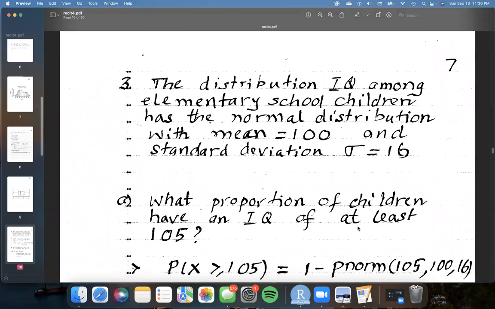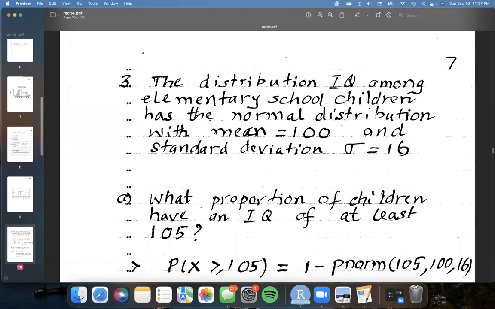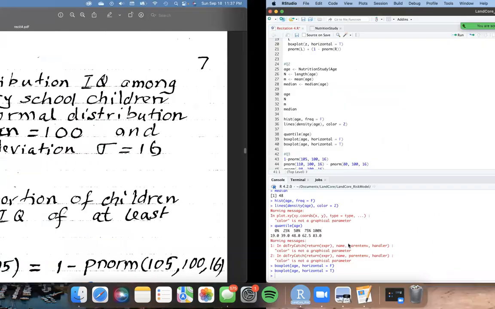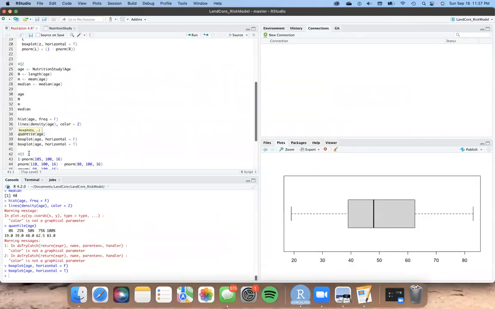So notice that it says at least. So that's our key word. If it's at least 105, then it's 105 or more than 105. So that's why we did X greater than or equal to 105. And that equals 1 minus the P norm of 105. And then notice that we have the mean is 100 and then 16 is our standard deviation. So when you put that into R,